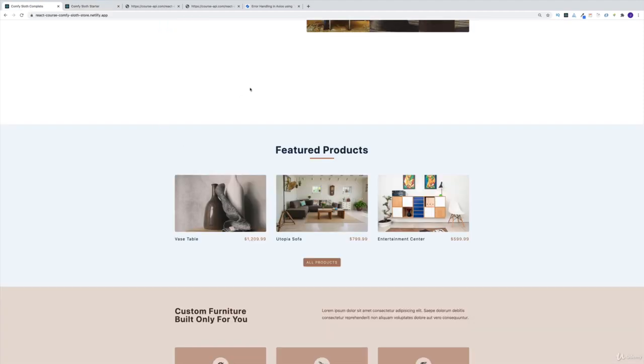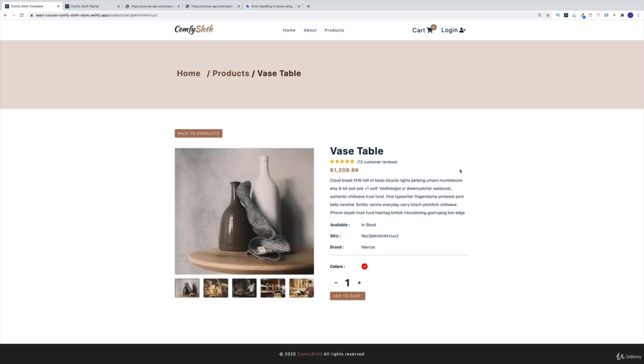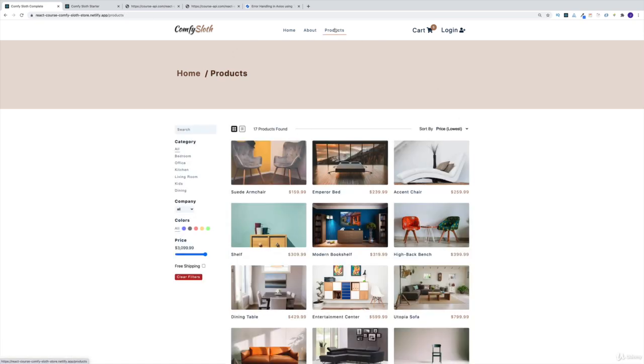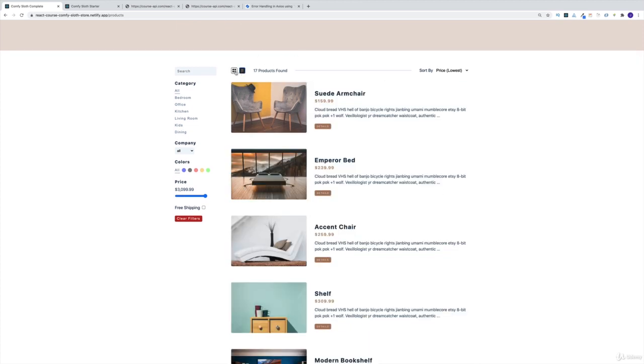First, I would want to work on featured products. Then we're going to work on a single product. So still have to set up one more fetch. So we have the single product page out of the way. And only then we'll worry about the products because as you can see, we have a bunch of moving pieces in here. First of all, there's going to be two ways how we can display them. Then there's going to be sorting and then filtering and all that.